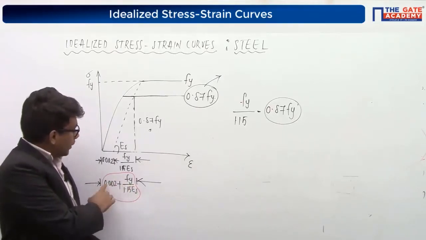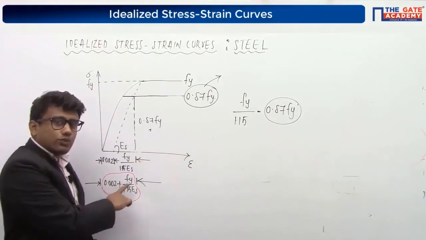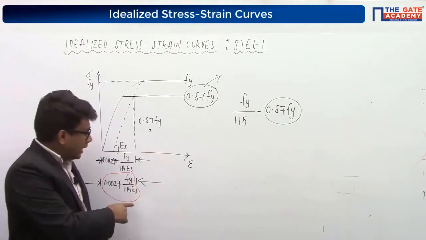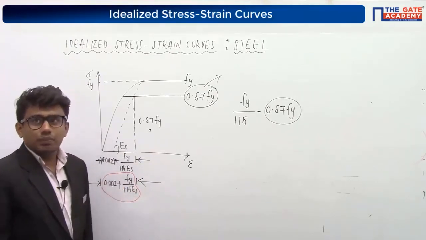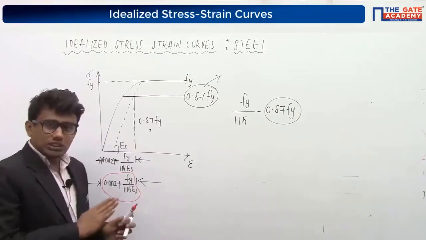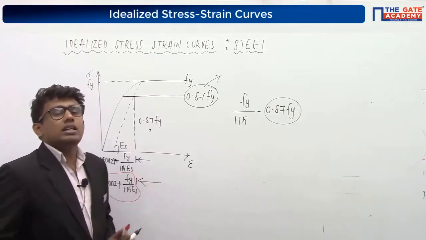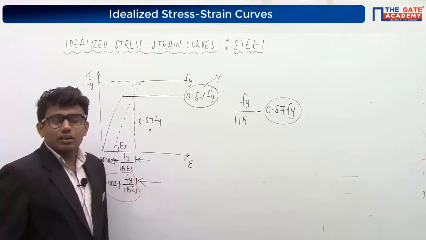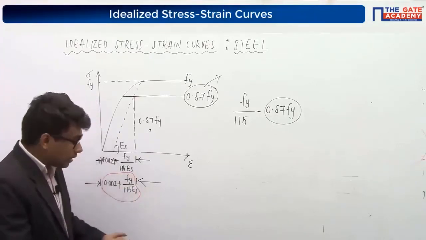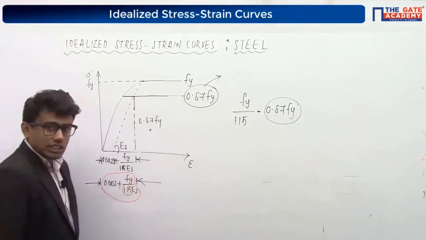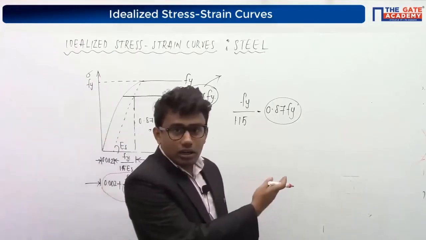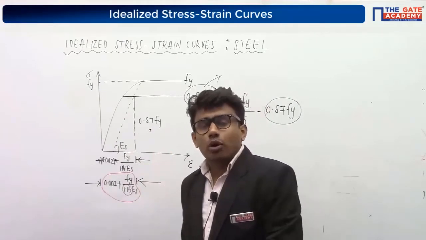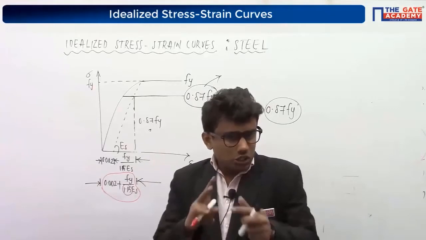The strain value here will be equal to 0.002 plus Fy divided by 1.15 Es, where Es is the modulus of elasticity of the steel and Fy is the yield strength of the steel. Okay, it's better to remember like this. Don't go for 0.002 plus 0.87 Fy divided by Es. Even if they are giving a different partial safety factor, you will remember this equation like this and you will get the wrong answer. So better write the equation like this, and always remember they can change this partial safety factor in the question. For concrete also, the partial safety factor is 1.5, but in the question they can give it as 1.2, 1.3, 1.45 like that, just to confuse you.